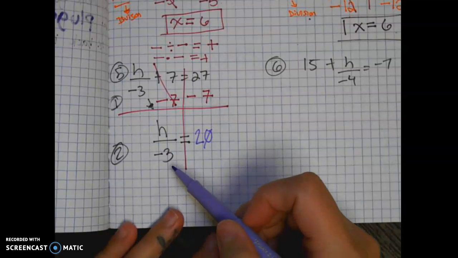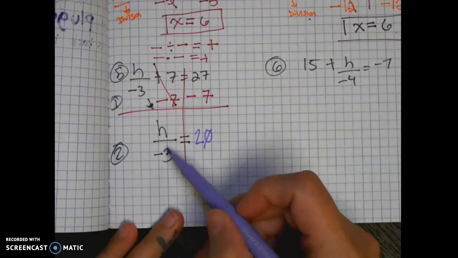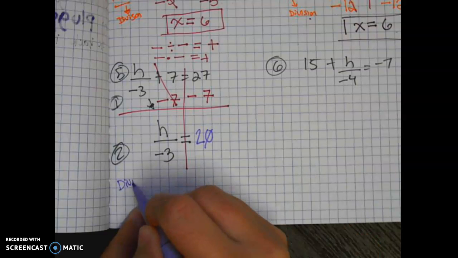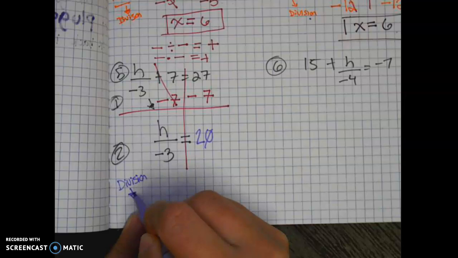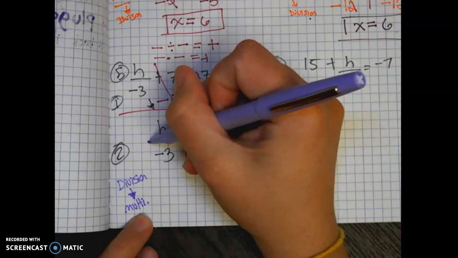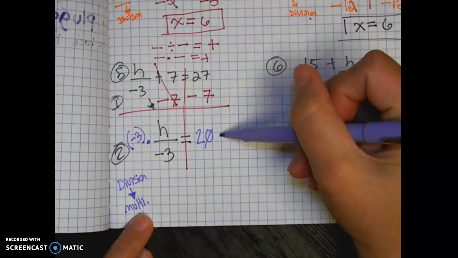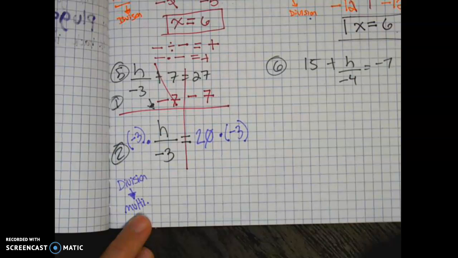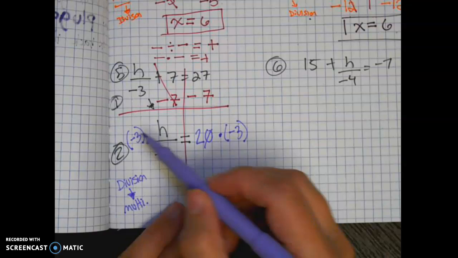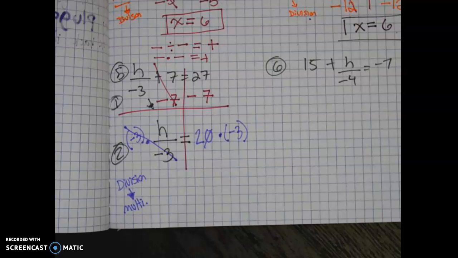Okay, in order to get rid of this negative 3 that's dividing my h, I need to do the opposite of a division, which is multiplication. So I need to multiply both sides. Make sure you carry the negative 3 with it. Okay, make sure you carry the negative with the 3. Negative 3 divided by negative 3 is going to leave me with h